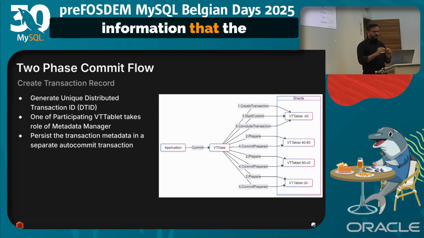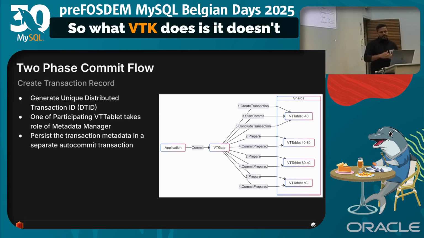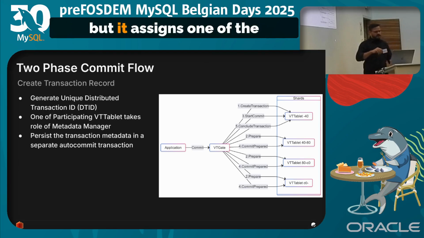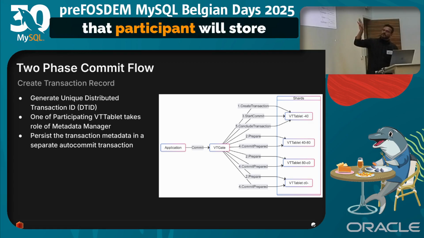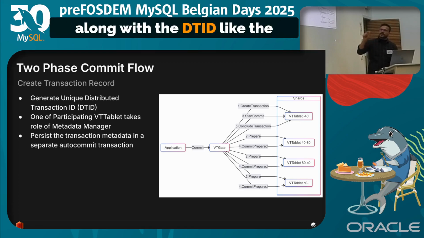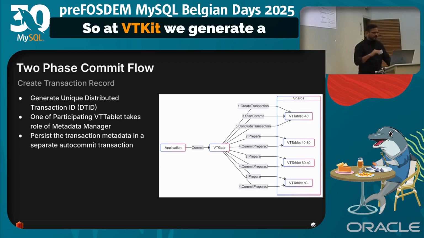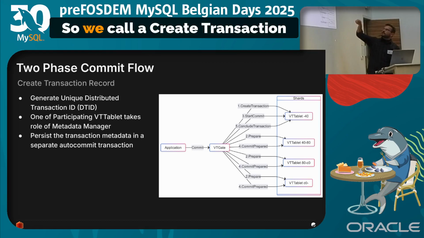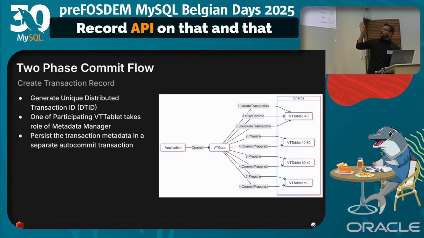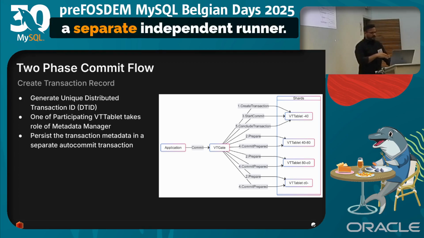So this is the important information that the VT has to hold. What VT does is, it doesn't hold it by itself, but it assigns one of the participants, and that participant will store that information along with the DT ID, the distributed transaction ID. So at VT we generate a unique distributed ID for that transaction to be assigned, and that gets stored in one of the participating shards. So we call a create transaction record API on that, and that stores it,